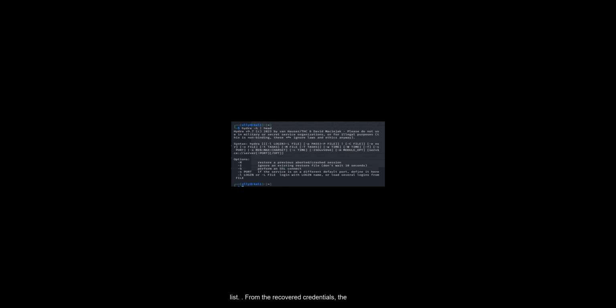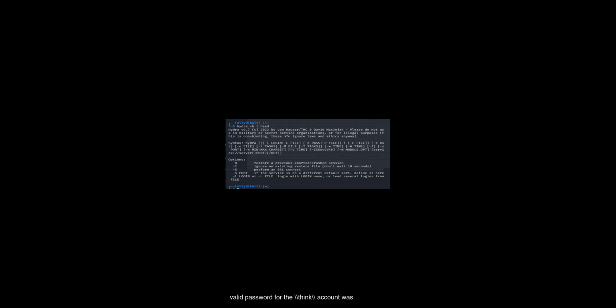From the recovered credentials, the valid password for the think account was identified. SSH access was then obtained. User flag. After logging in as think, the user flag was retrieved from